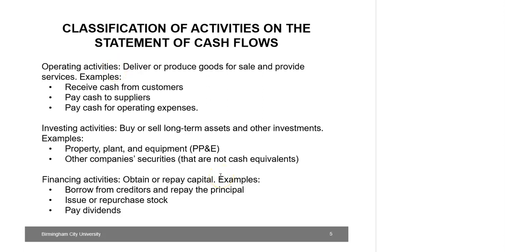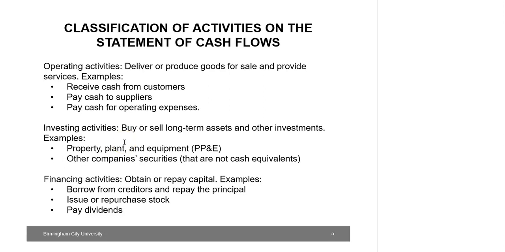Investing activities include the purchase and sale of long-term assets and other investments. Other investments, for example, may include both short-term and long-term investment in debt and equity securities. These investments therefore exclude any investment in securities considered as cash equivalents that are very short term and highly liquid securities, and securities held for trading or dealing purposes. Securities that are considered cash equivalent or tradable securities are reported as operating activities.